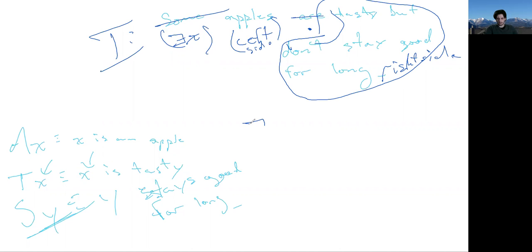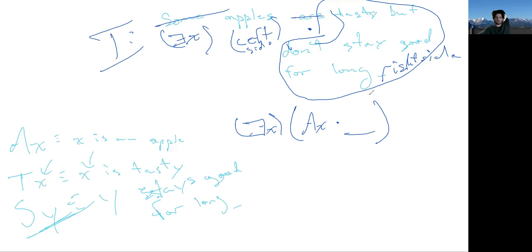Okay, so that just means we have this sentence, there exists an X. So this is just good old-fashioned I statement. Exists an X, and it's going to do two things. So existential quantifier with the conjunction. And we're just going to say on the left, oh, that X is an apple. Some apples are, what are they?